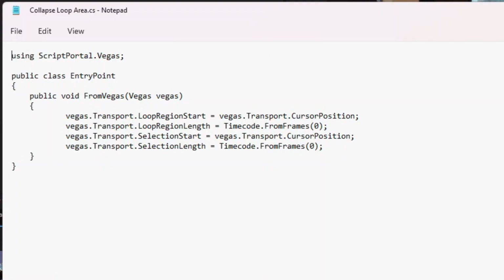Here's the actual script. Like I said, we've stripped it down to basically the bare minimum. So we've still got our using ScriptPortal.Vegas. Then we have our public class EntryPoint and our public void FromVegas, and it passes us the Vegas variable. Now that is all the standard part that is at the very bottom of our standard Class1.cs. So then, instead of setting up my Vegas variable, I'm just using this one directly, and so I have just the